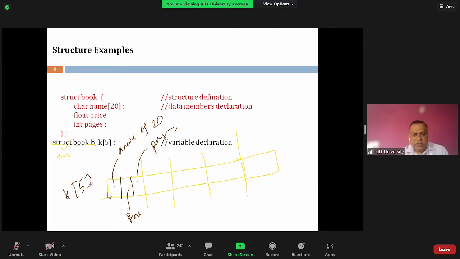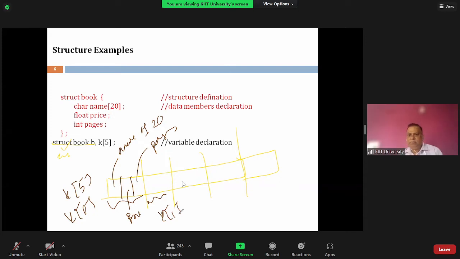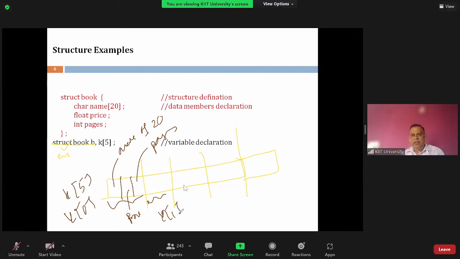Understood or not? The first one is my K of 0, the second one is K of 1, and like this, K of 2, K of 3, K of 4, like this. I have an array of structures, where each structure book is holding 3 data members.